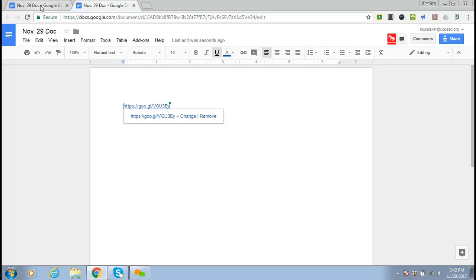So another trick, so if you want to share a document with other people, but everyone needs their own copy. So you're worried that they're going to change the original and you don't want everyone working on the document together. You want everyone to be doing their own thing. So you don't want to see what other people are doing. You want every person to have their own original. So there's a little trick. What you would do